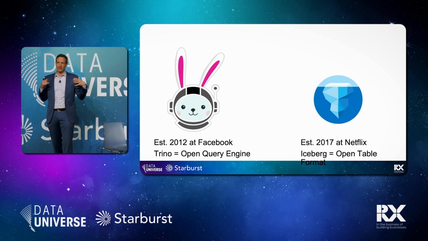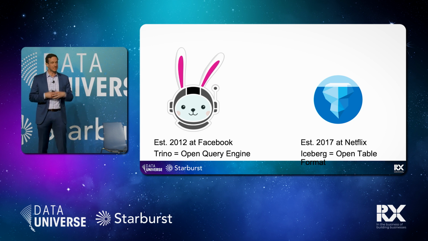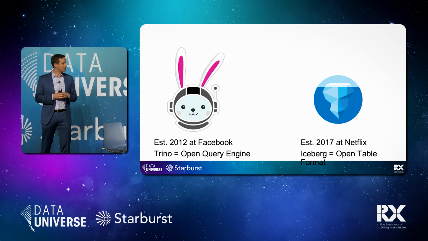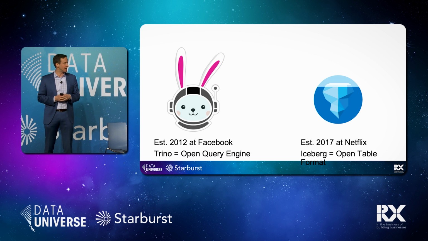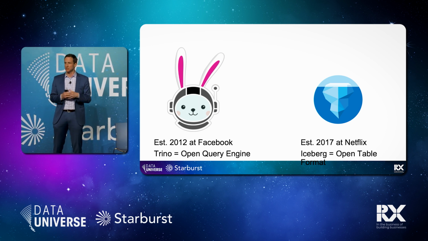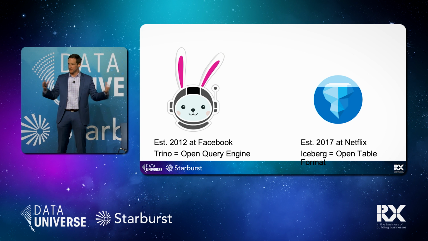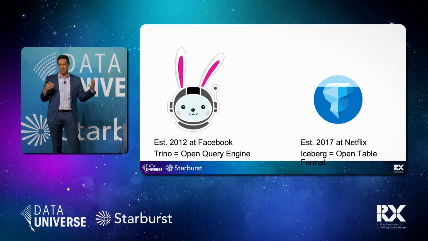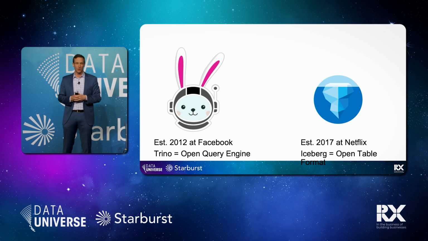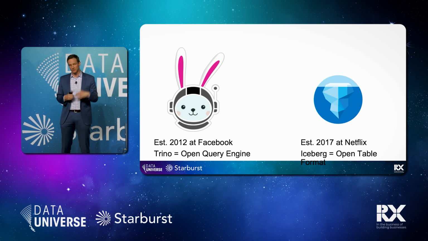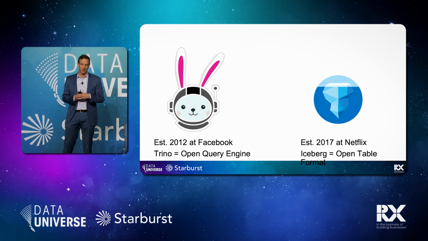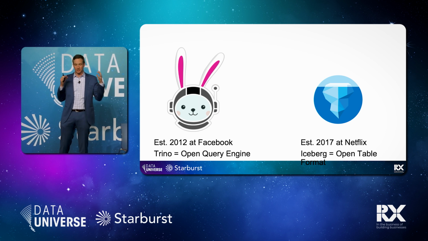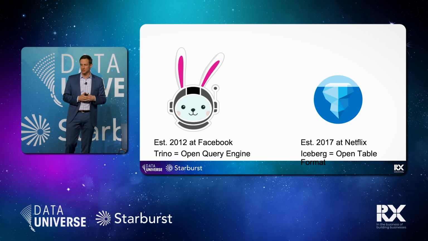Trino was created at Facebook to be a SQL query engine that allows you to do really two big things. It allows you to query data anywhere, which means you can federate queries to other data sources, and it happens to be the fastest query engine for a data lake. Facebook and a number of other internet companies replaced earlier data lake engines with Trino, such as Hive or Impala, other query engines you might be familiar with. Trino has really established itself as the predominant open query engine.